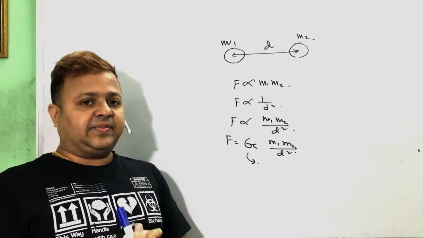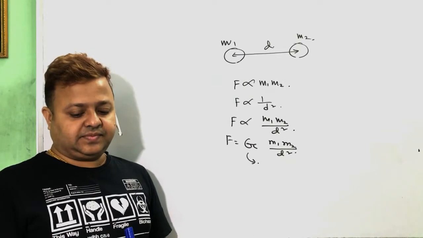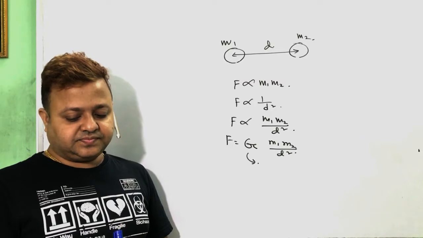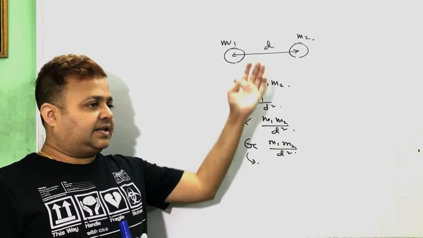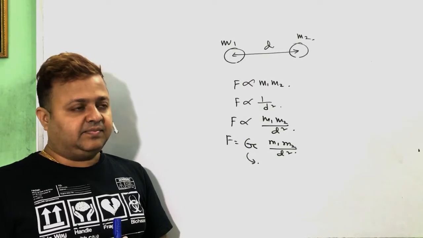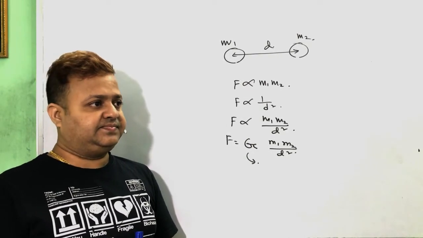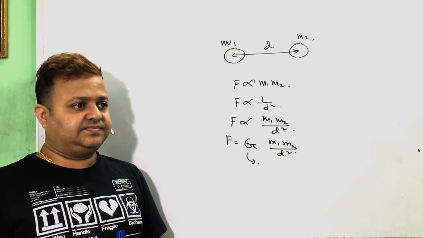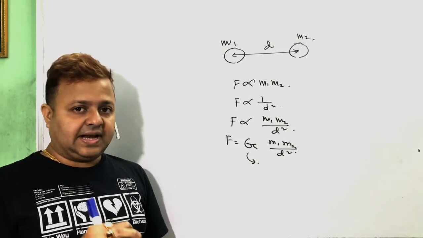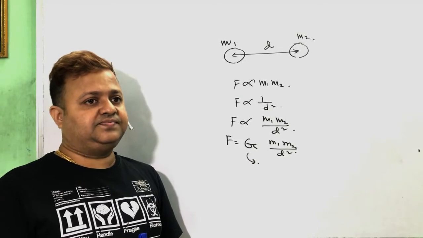Two bodies of masses m1 and m2 are separated by a distance of small d. Then according to the gravitational law,